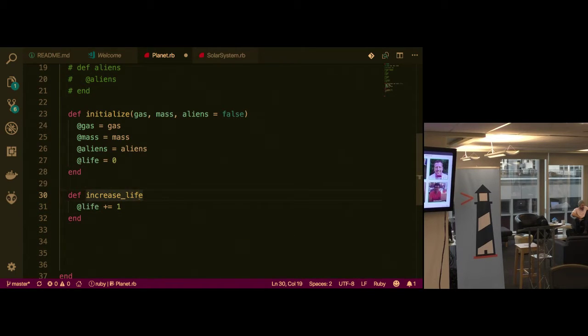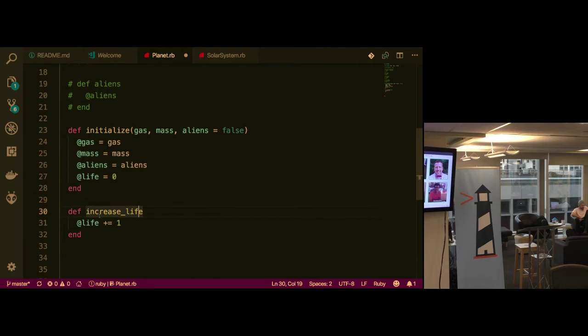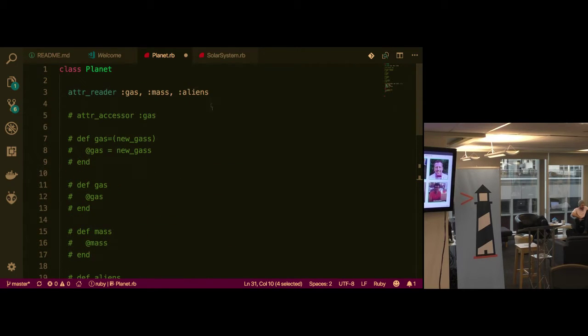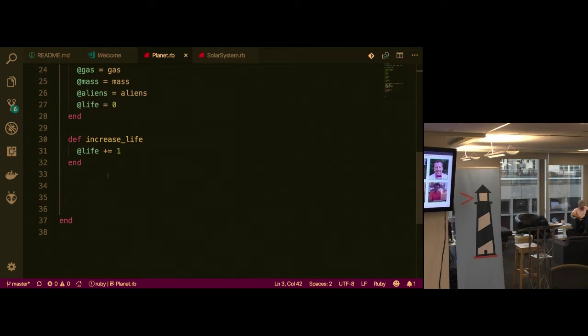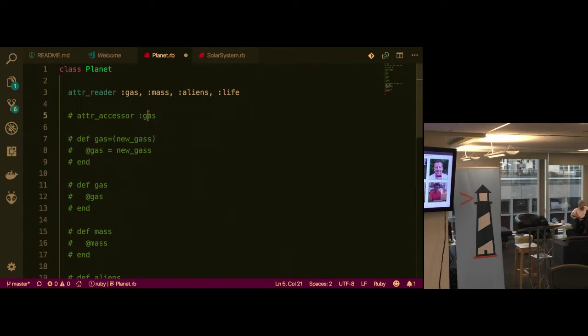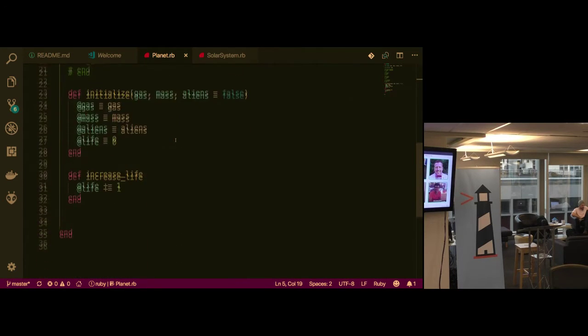End. Okay, so I don't want users of this, for whatever reason, to be able to set life to whatever they want. They can increase and decrease and that's it. It starts at 0 and you can only increase or decrease. You can read it. Let's make this a readable property. But I don't want it to be settable. I want to restrict how this might be set. Maybe I will make gas settable. It seems like something that would be fun to make settable.